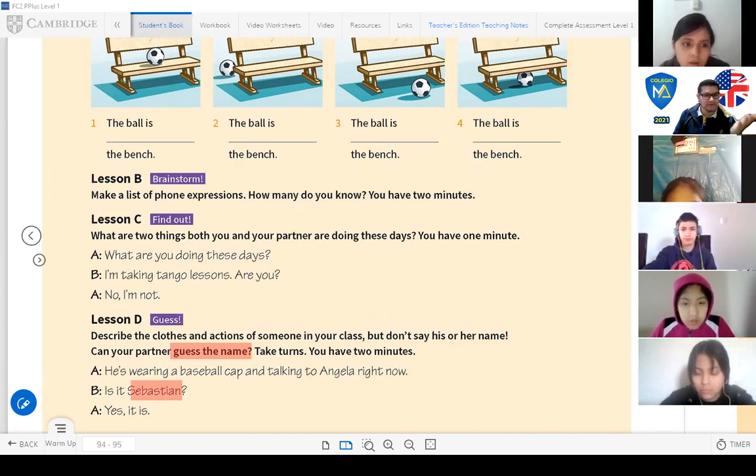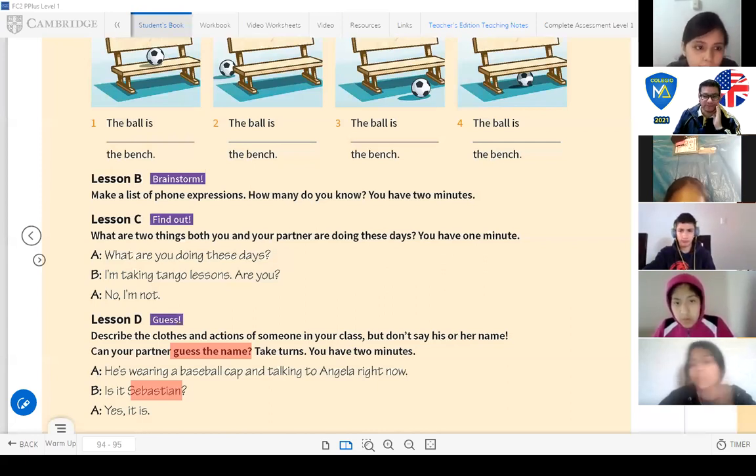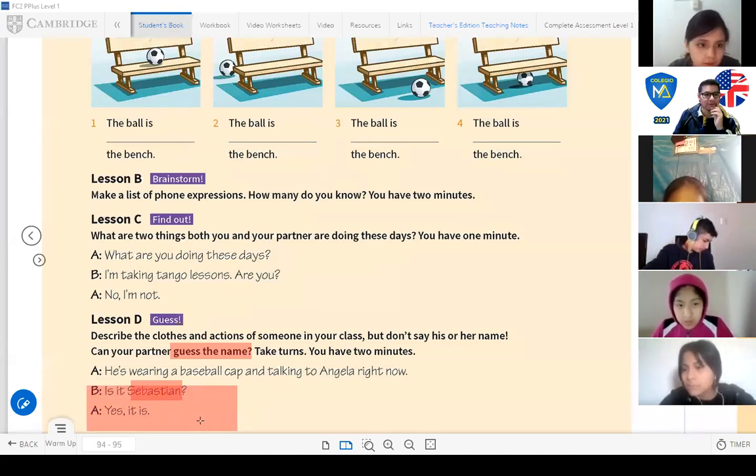Okay, if you look at the camera, who's wearing glasses? Sayuri, right? Sayuri is wearing glasses. Yeah? Is it Sayuri? Yes, it is. Sayuri is wearing glasses. Yeah? Now I'm gonna ask